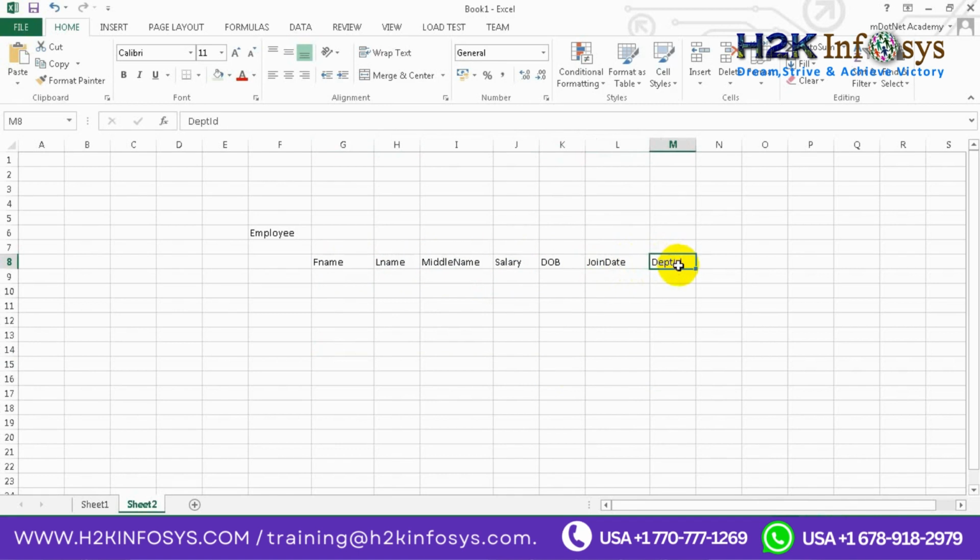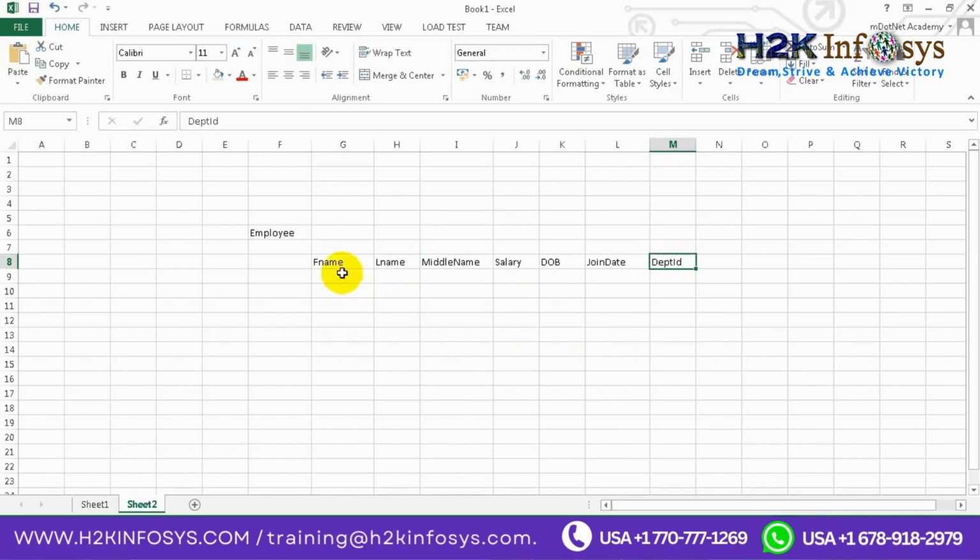And department ID, completely, employees can belong to the same department. So in this case, if you have a scenario where you have to put a join condition, you have to tell a unique key. You can join more than one column. You can combine more than one column for